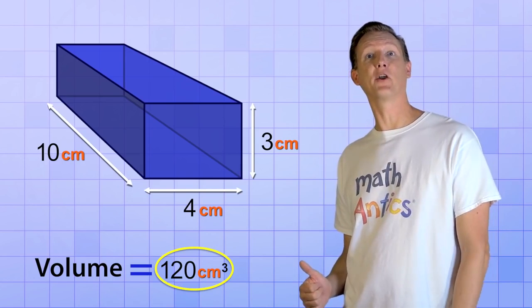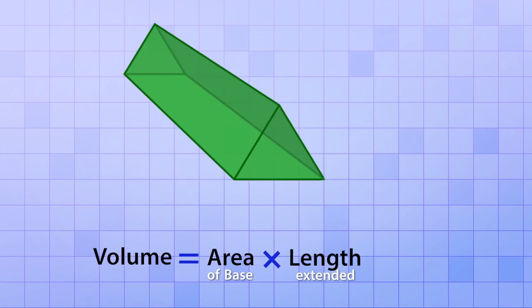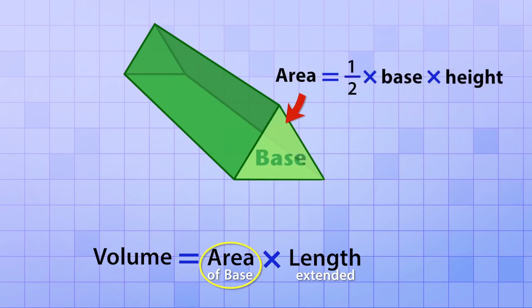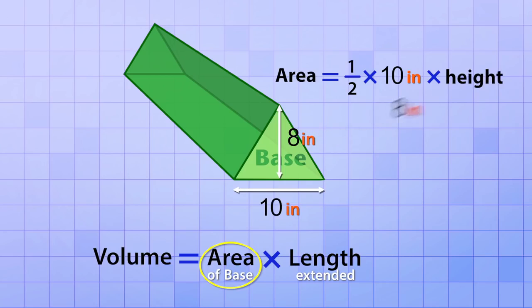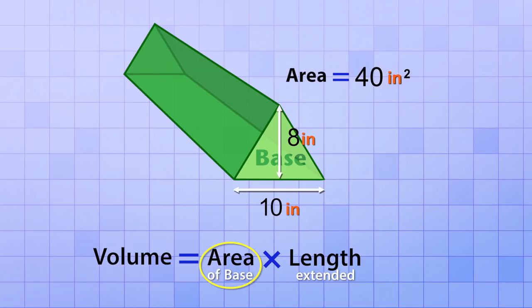Okay, let's try to find the volume of the triangular prism now. Again, the first step is to calculate the area of the base of the prism, which is the triangle. The formula for finding the area of a triangle is 1/2 of the triangle's base times its height. Be careful not to confuse the base of the triangle with the base of the prism, which is the triangle itself. Our diagram tells us that the base of the triangle is 10 inches and its height is 8 inches. So 1/2 the base times the height would be 1/2 of 10 times 8. 10 times 8 is 80, and 1/2 of 80 is 40, so the area of the triangle is 40 inches